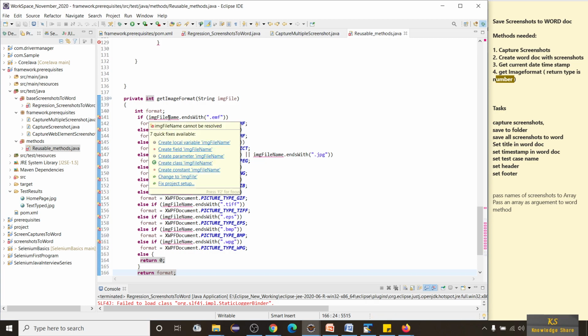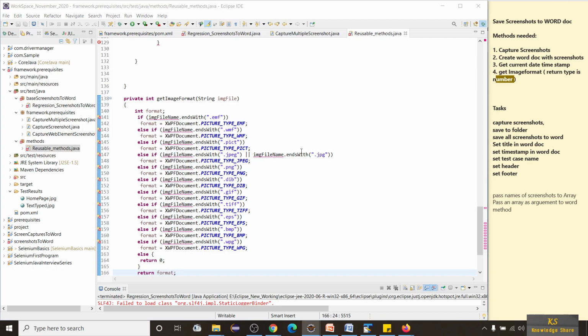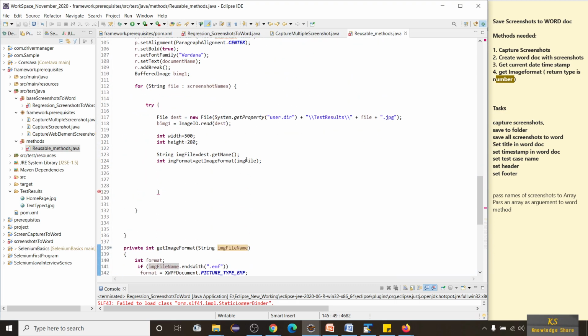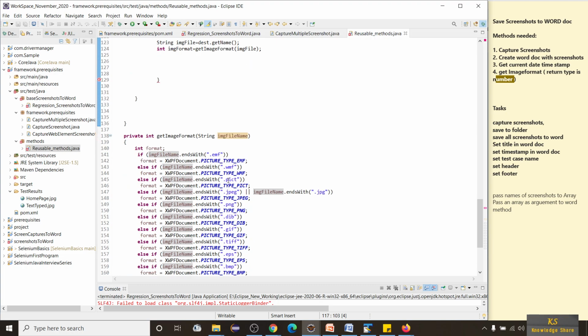Let me import that image file, right? Let me change it to image file name. What it does is, you can see the image format might be in different formats, right? So here you are getting the image format. Here it's a JPG, so it will try to get what it is.